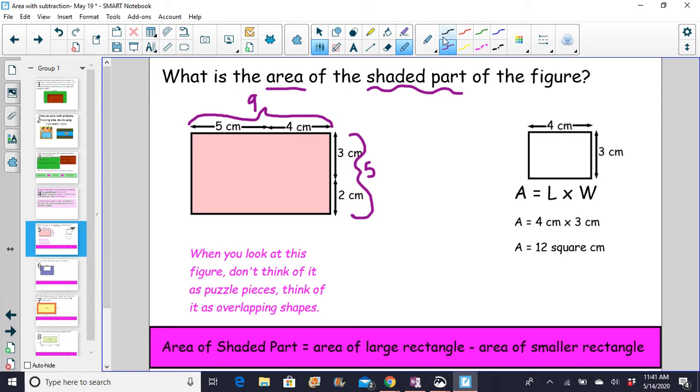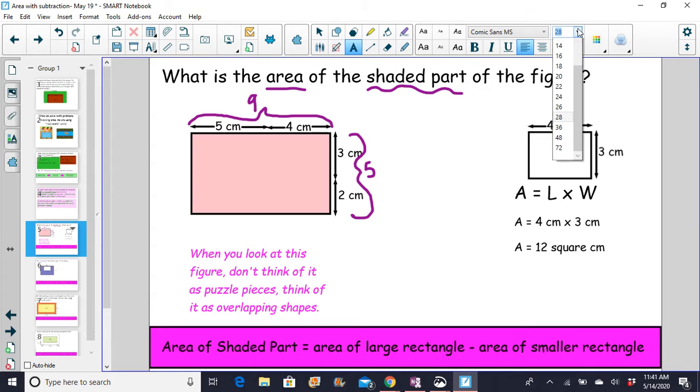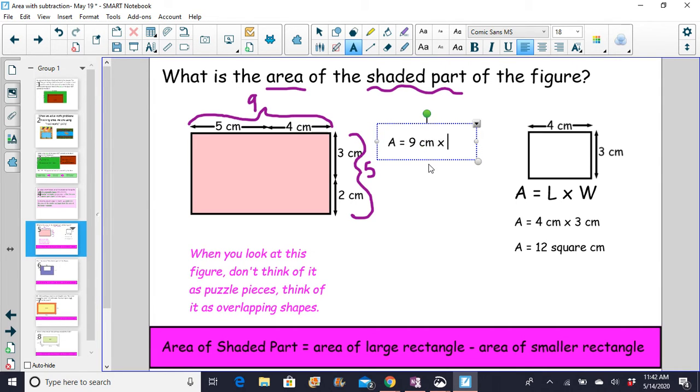Okay, so in order to find the area of this rectangle, again, area equals length multiplied by width. My area would be a length of 9 centimeters multiplied by a width of 5 centimeters. 9 multiplied by 5 is going to give me an area of, if you said 45 square centimeters, you are correct. So I have my pink rectangle that is 45 square centimeters, and I have my white rectangle that is